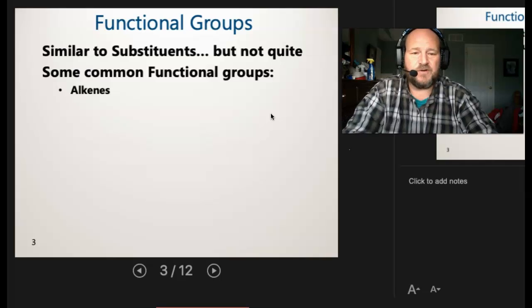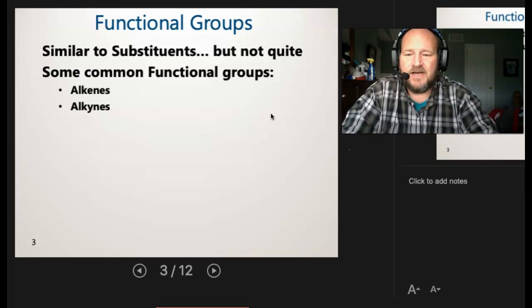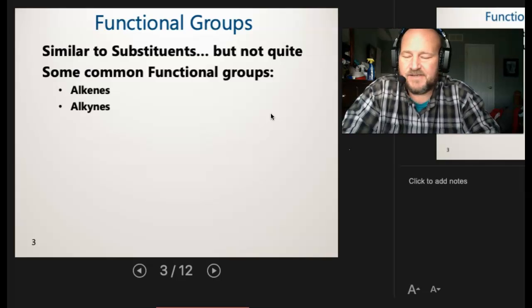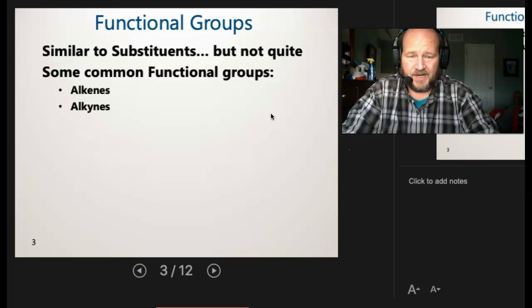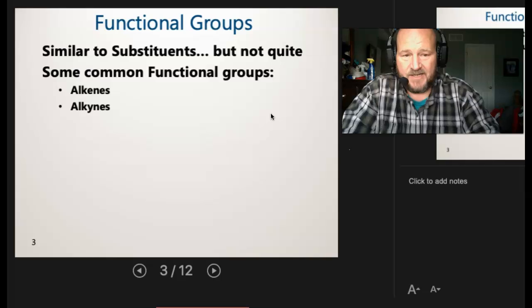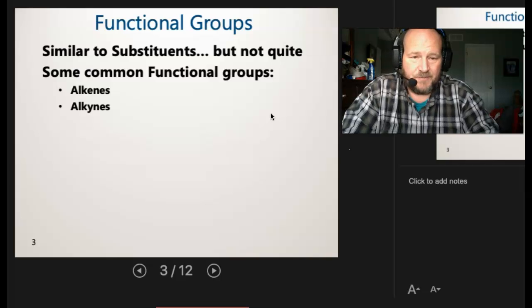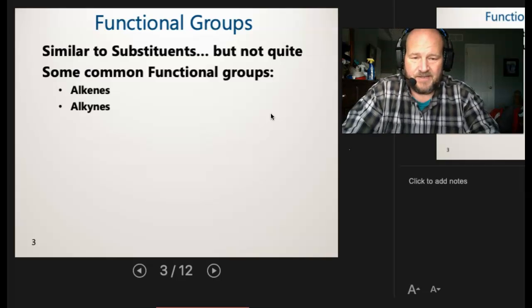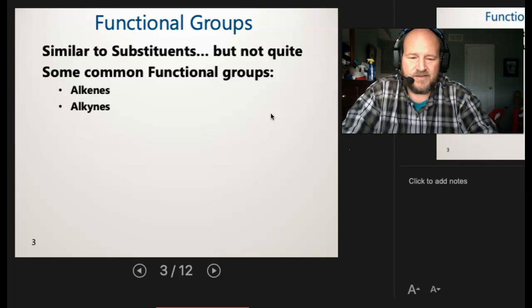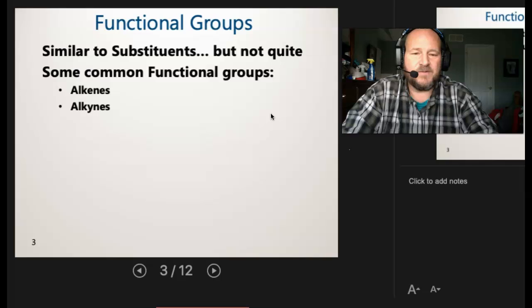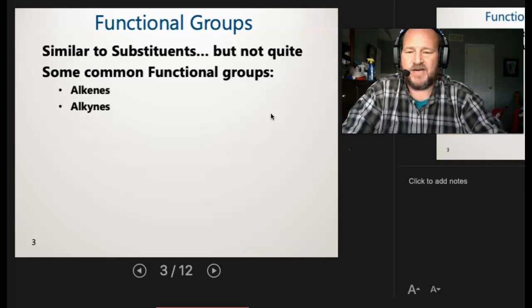So the functions that we're going to be looking for are going to be alkenes and alkynes. Now, notice they sound very much like alkanes. We've converted the A to an E or the A to a Y. And that's actually going to be our double and triple bonds. So A was a single bond. E is going to be a double bond. Y is going to be a triple bond. And I'm going to show you pictures, so don't sweat it just yet. But we'll look at the structure and how the carbons are aligned and what type of bonding we're looking at.